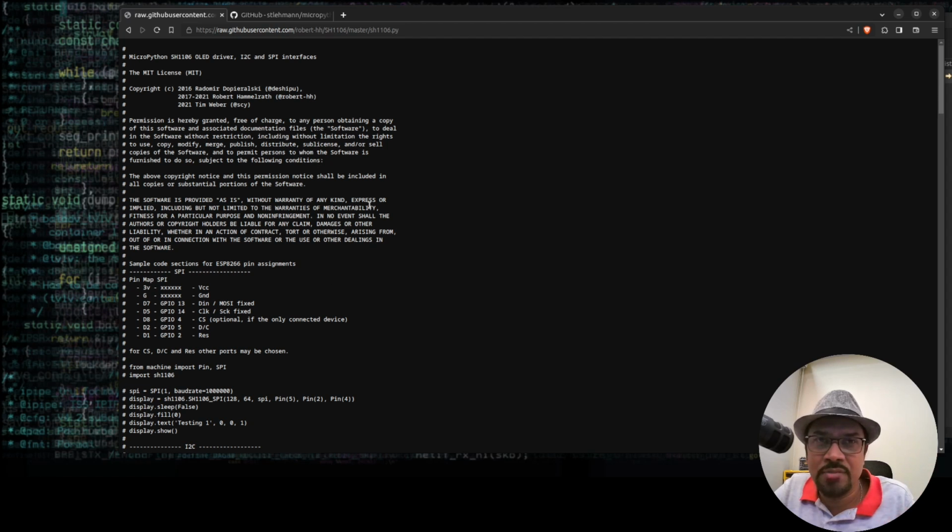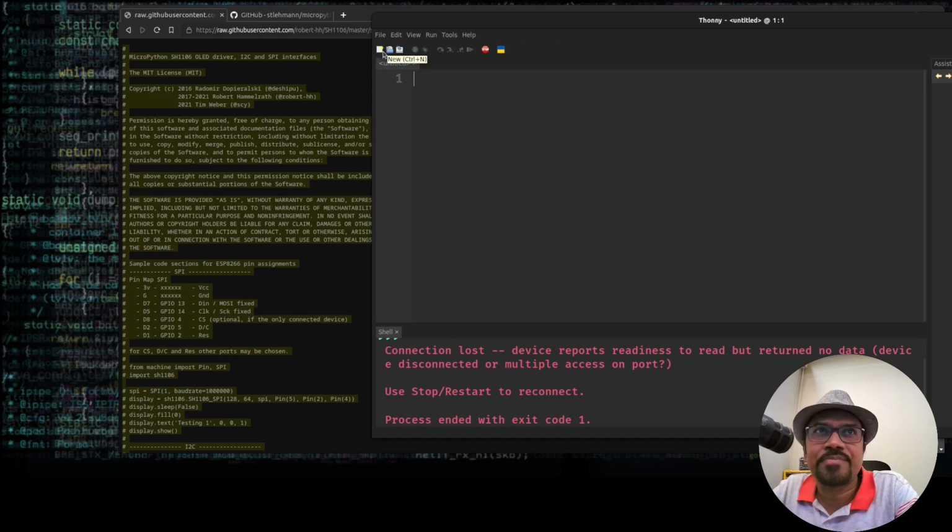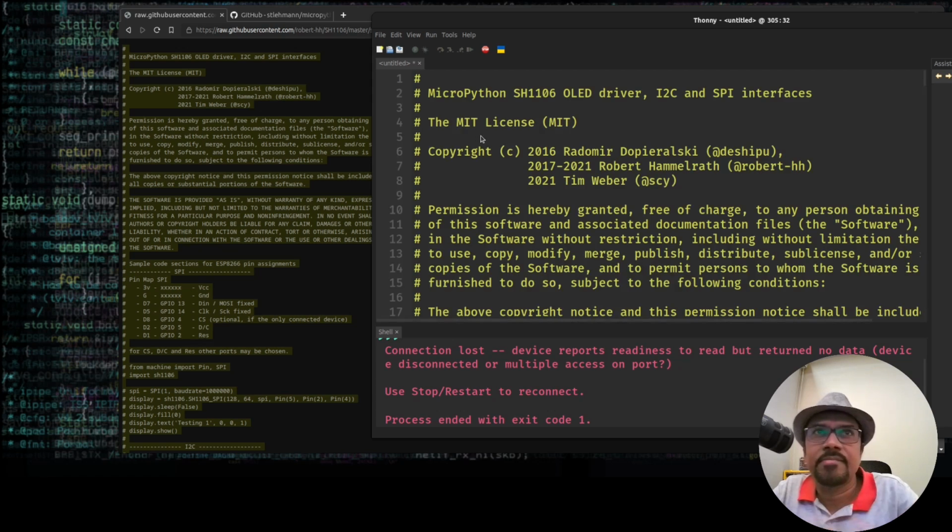Once you're in the web browser, you can use Control A to select the entire text inside this window. Type Control C to copy it onto the clipboard, and then fire up the Thonny editor, which I already have opened in here. First, let me connect the display also. Okay, I'll do that later. So I can actually create a new file,